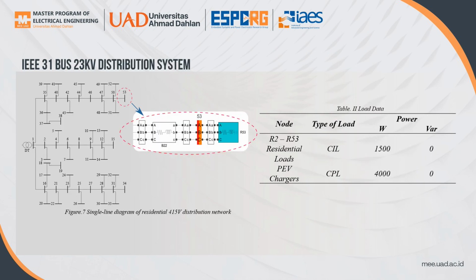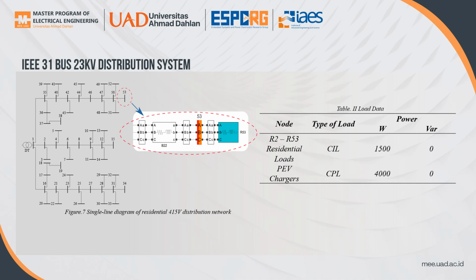Next, we have considered the standard IEEE 31 bus 23 kV distribution system. Here as a source we have a distribution transformer which is at 415 volt and there are 53 consumers. These consumers are mostly residential loads, so R2 to R53 are residential loads, which are basically constant impedance load